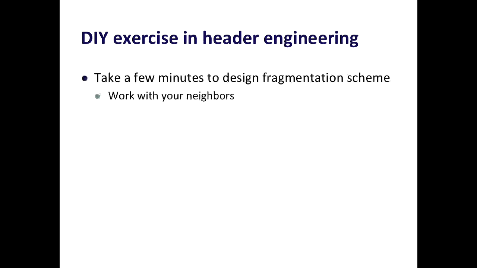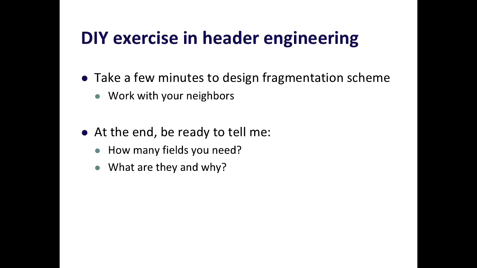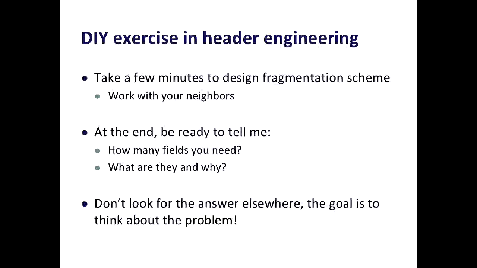So quick exercise in designing fragmentation. This is a nice example of actually an implementation done right. So think about how you would design a fragmentation scheme. So in particular, what this means is think of what bits in the IP header you're going to need in order to support fragmentation and reassembly. Okay? So tell me how many fields you need, what are they, and why, and try doing this without peeking at the answer because it's much more fun that way. As a hint, there are really 3 fields you need, 3 pieces of information. Take 1 minute to think about it, and then